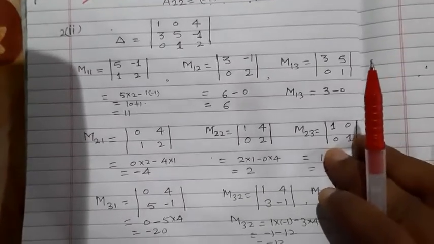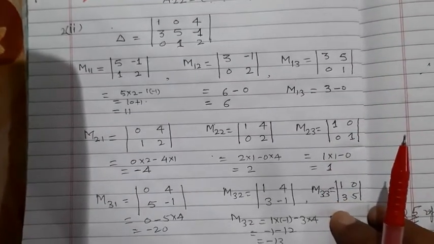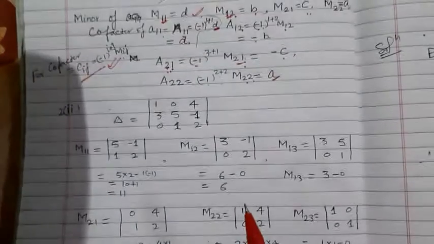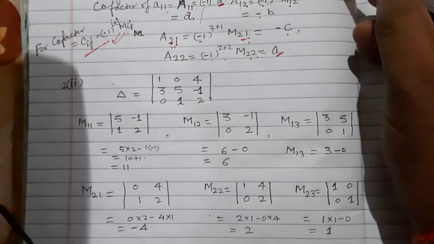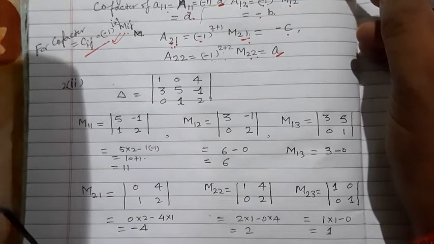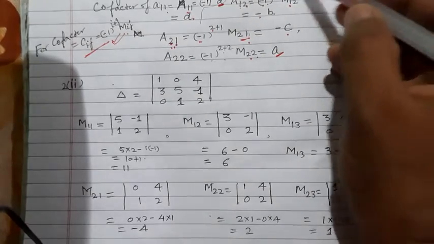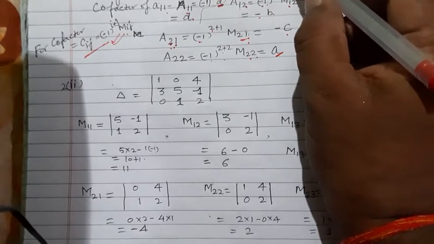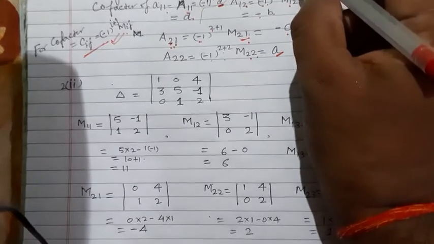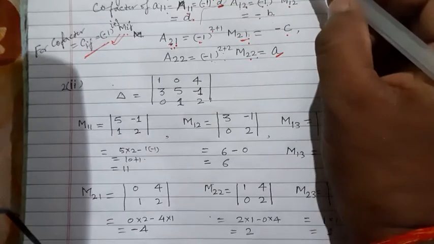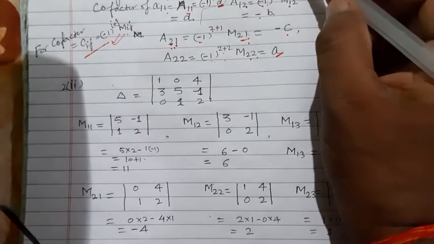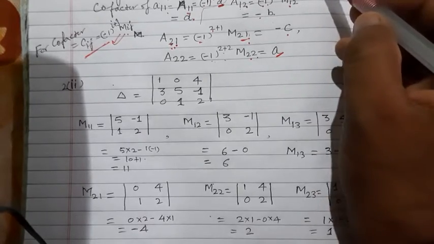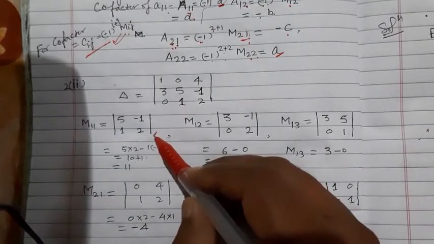नेक्स्ट है सेकंड पार्ट ऑफ द 2 का सेकंड पार्ट. Here the determinant is given, 3 x 3. So first you have to find the minor of each element. So if you are finding the minor of 11, so 11 means this row and this column will be deleted. So the remaining elements are 5, -1, 1, 2. You have to write in determinant form.